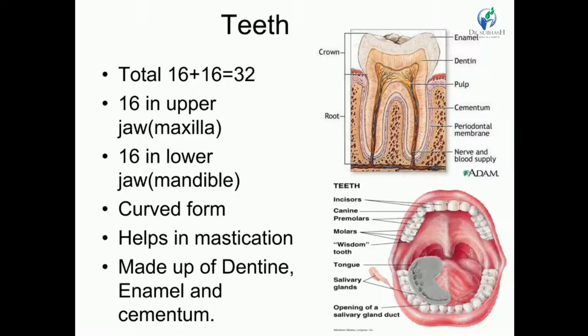So here the total number of teeth will be 32. Among that 32 there are divisions, like 16 will be in the upper jaw and 16 will be in the lower jaw or the mandible. It will be available in curved form, and as we know, all teeth may not have the same structure, because as we can see here in the diagram, starting from the upper side, there will be